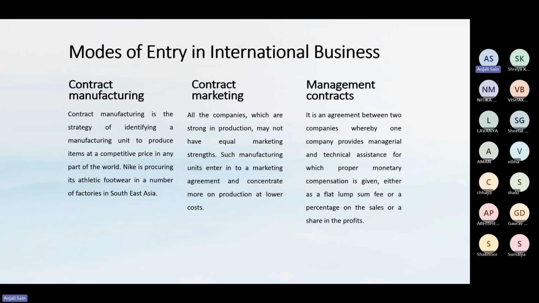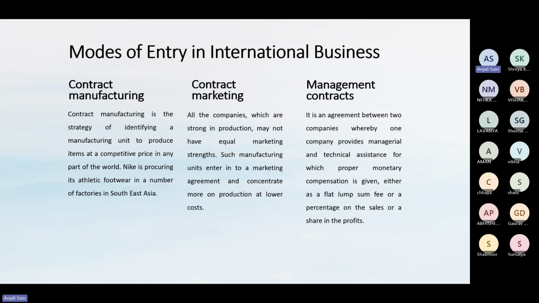Contract manufacturing में क्या है? मैं एक कंट्री ए में ऑपरेट कर रही हूँ, ठीक है। My company name is ABC, ठीक है। अब मैंने आइडेंटिफाई किया कि ये वाला प्रोडक्ट इंडोनेशिया में लोअर कॉस्ट पे मैन्युफैक्चर हो सकता है, ठीक है। तो मैंने क्या किया? I made a contract with some manufacturer in Indonesia, ठीक है। और उसको मैंने बोला I give you some money in exchange of manufacturing my product, ठीक है।